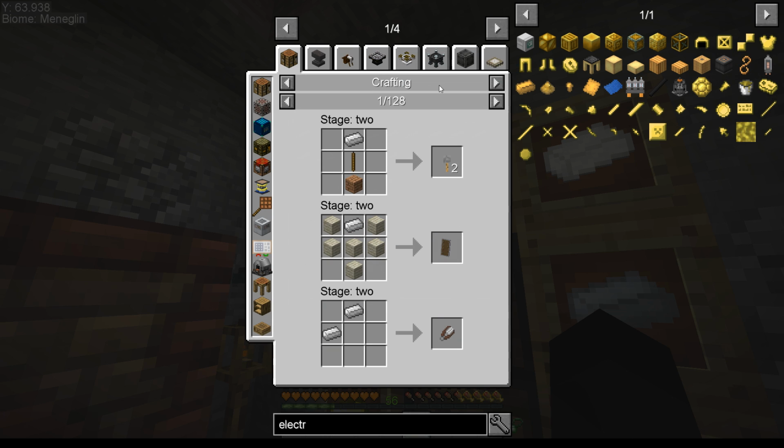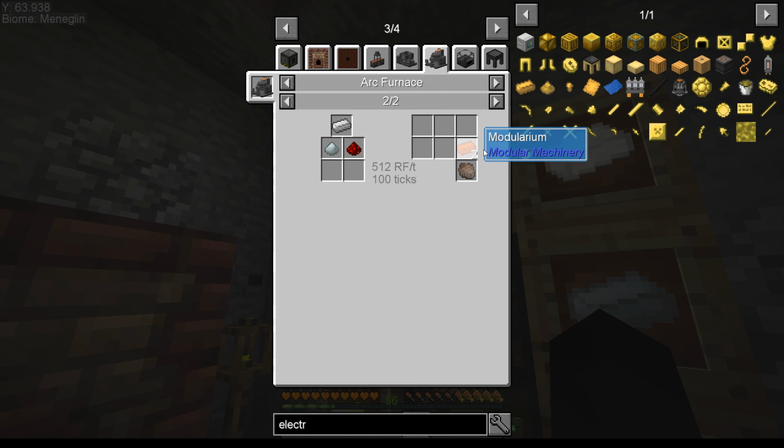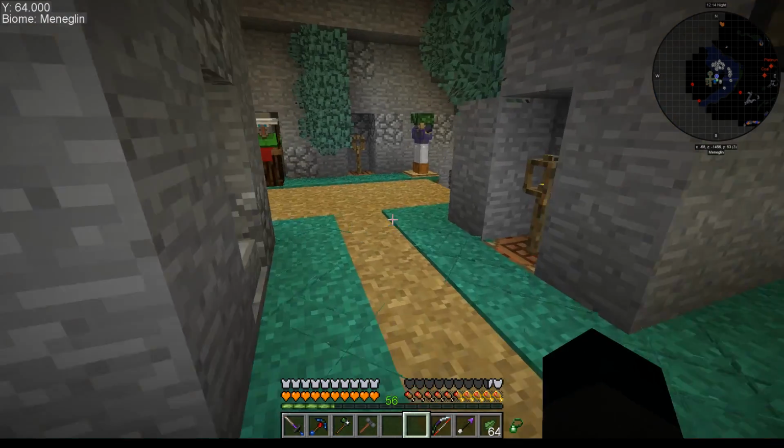So the uses for iron in the arc furnace are several. You can get stabilized metals using this hardened mesh and refined hardener from Steve's Carts. You can use coal and iron coke to make steel. You can use black iron from there. You've got electric bolts, which we're going to need anyway, and we're going to need this for modularium as well. So this is not a bad investment in the long run,